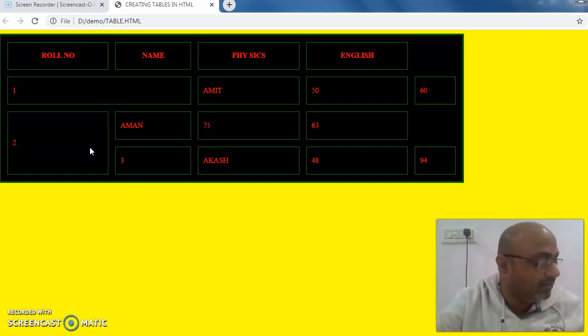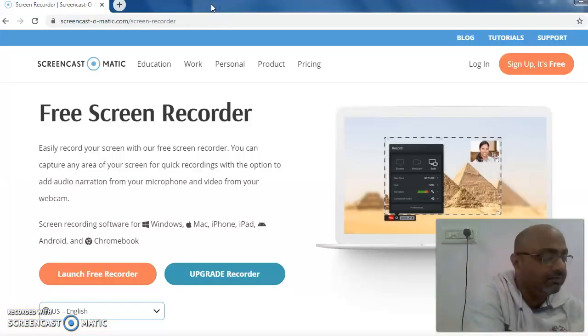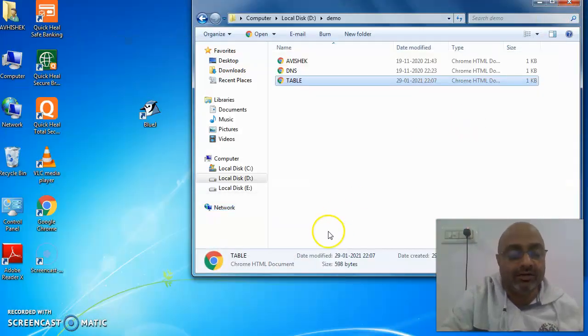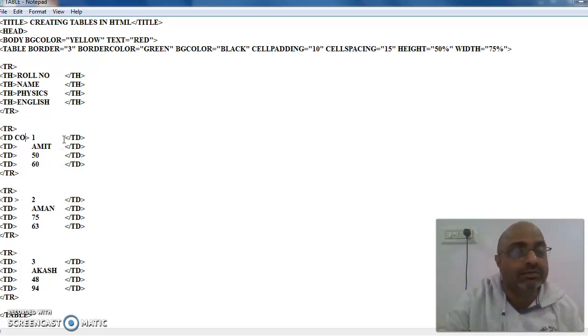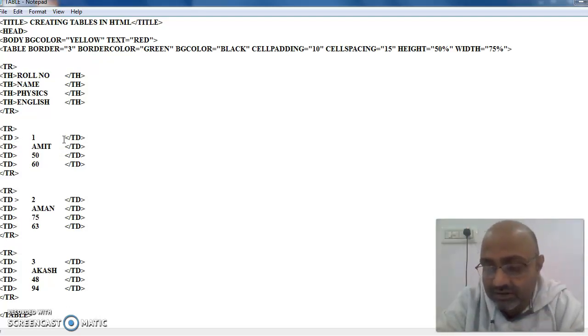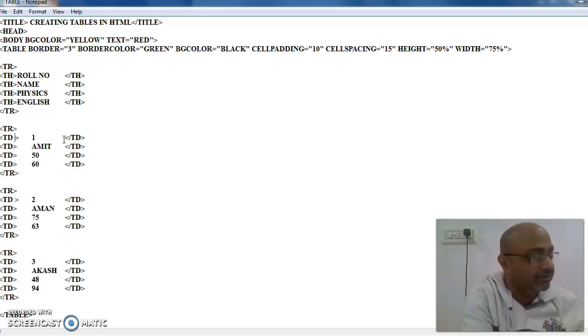So I hope you would have understood up to this place. Now, before proceeding ahead, children, what I am going to do is remove these col span and row span attributes from the program, okay, so that the table looks more arranged. You should use row span and col span only if it is required. Otherwise, the neatness of the table in rows and columns gets distorted. Okay. So, with this we come to the end of table properties.